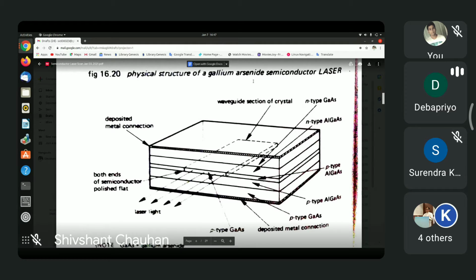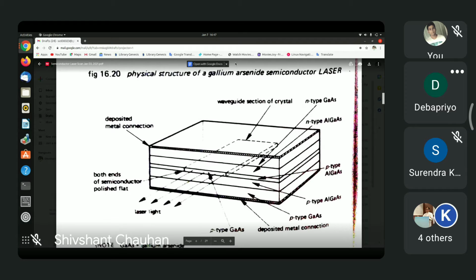Now under the top deposited metal connection, there is a layer of n-type gallium arsenide, and then underneath this you have a layer of n-type aluminium gallium arsenide, what was called gallium aluminium arsenide. So first you have this metal deposition, under this you have n-type gallium arsenide, then you have n-type aluminium gallium arsenide, and then you have a layer of p-type aluminium gallium arsenide, but in the middle you see p-type gallium